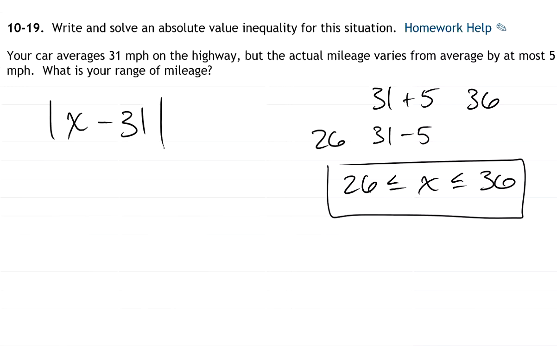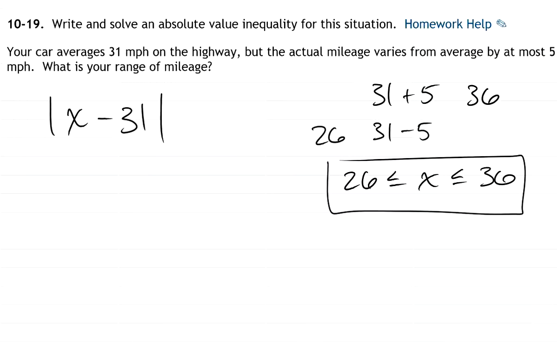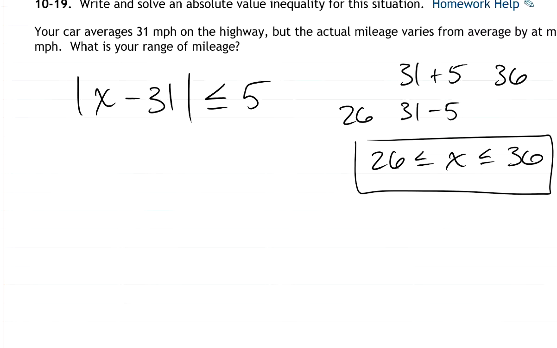It varies by at most, no, I misspoke, it varies by at most 5. So this difference can be no more than 5. It can be 5 or less than 5. So it's an absolute value inequality, and since it's less than, it's going to be joined by "and",